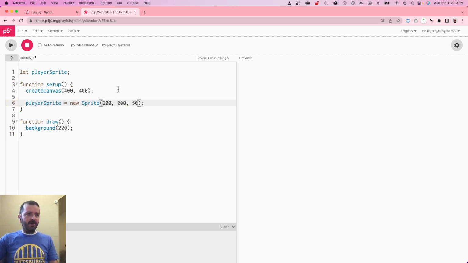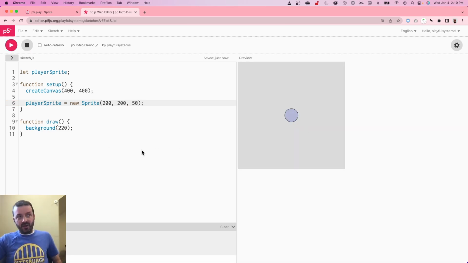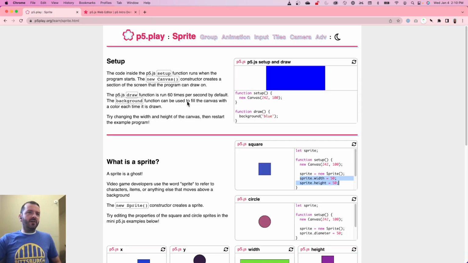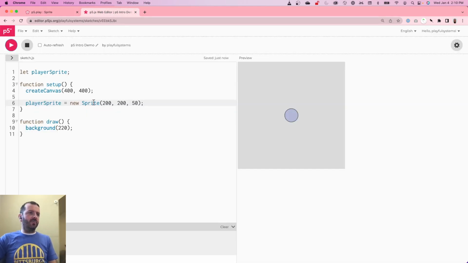and give it a diameter of 50. Now, here we can see our sprite has been created. Note that it does things a different way here. It sets the parameters and doesn't put them in the constructor. Either way is fine. So you could actually go and